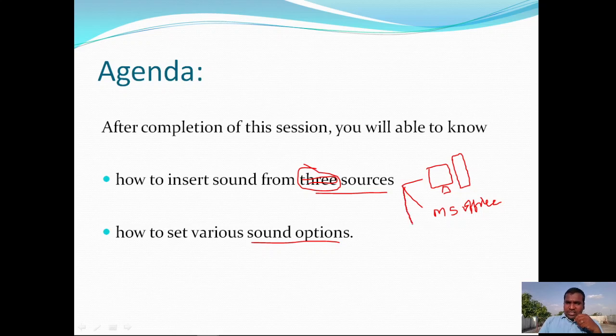And another source of information is something like CD-ROMs. So we have several sound files that are existing in the CDs. We are using the CDs as a source to insert the sound into the slides. So these are the three things that we are going to discuss in today's session.